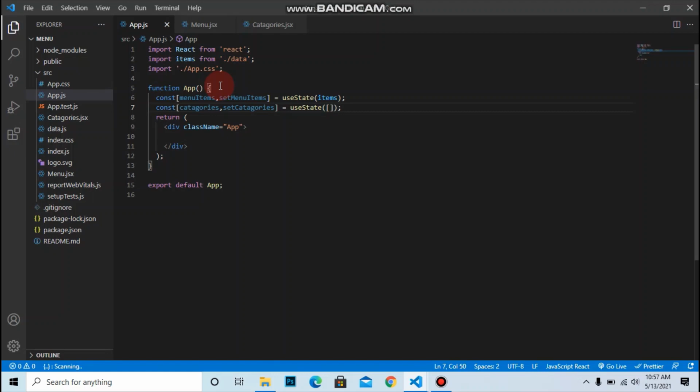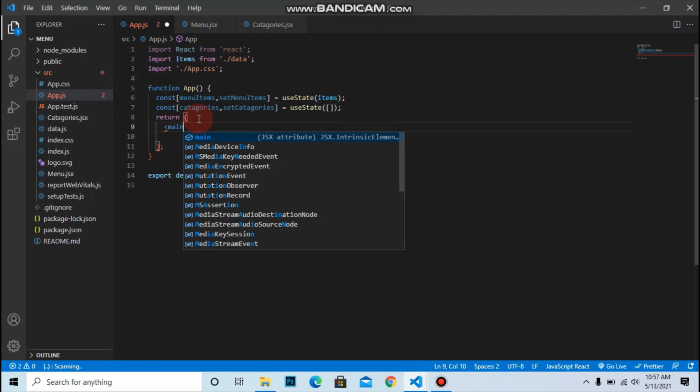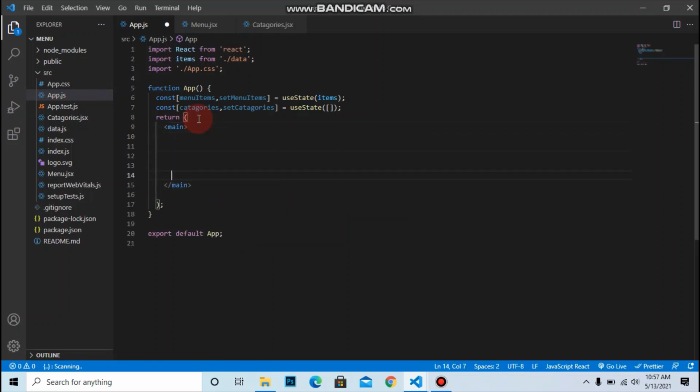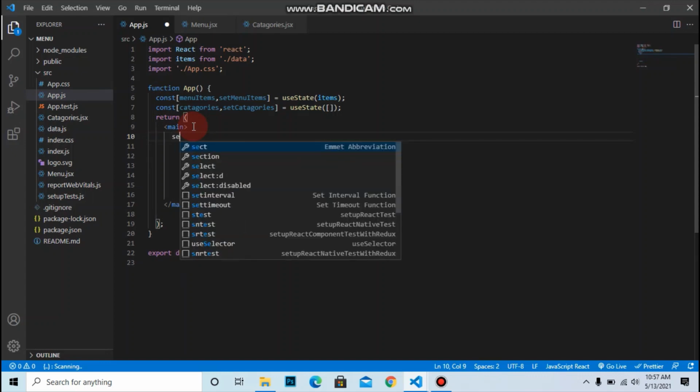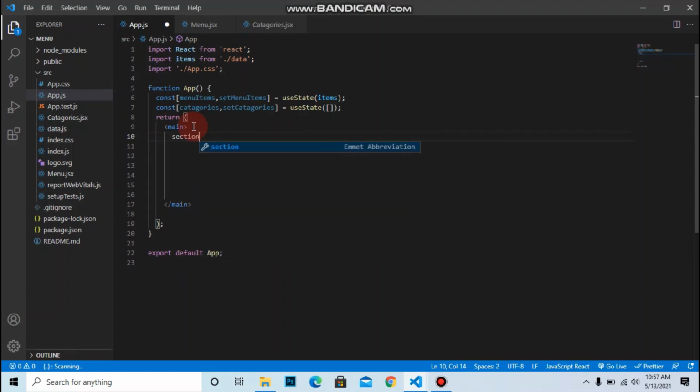After that, go inside the return and let's make one main HTML element which will wrap all the components. After that, let's make a section tag with class name main-section.